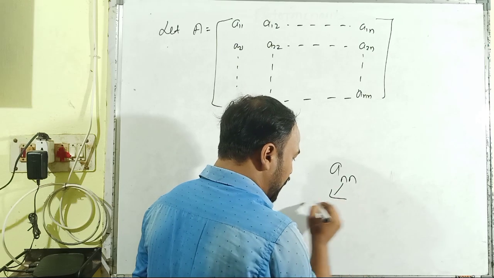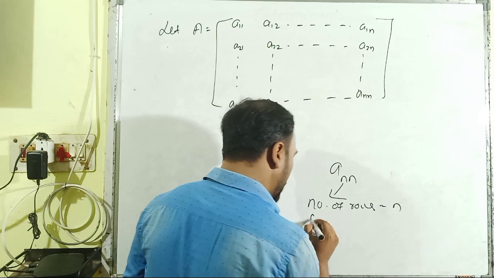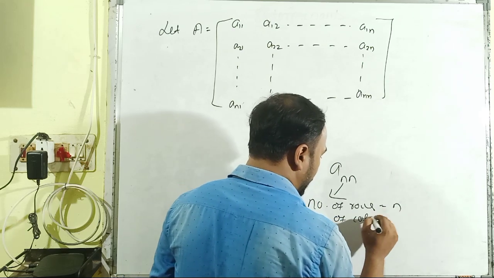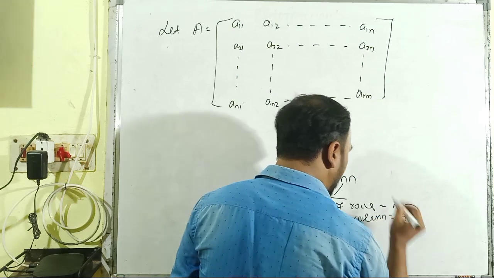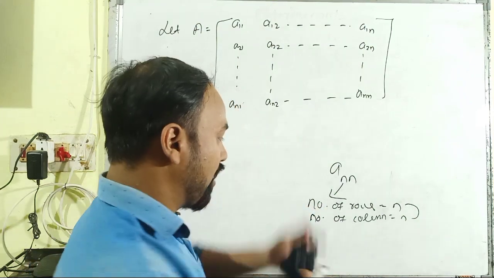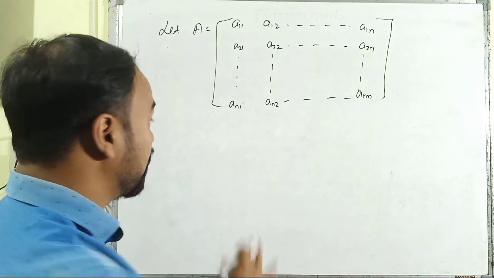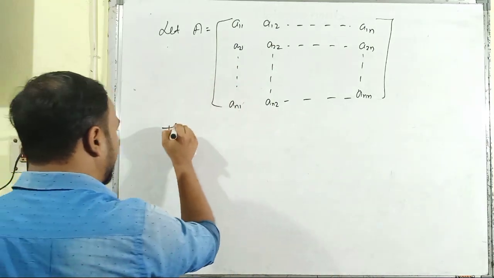The number of rows is equal to n, and the number of columns is also equal to n. That means the number of rows is equal to the number of columns, so it is a square matrix. If it is a square matrix, then its determinant